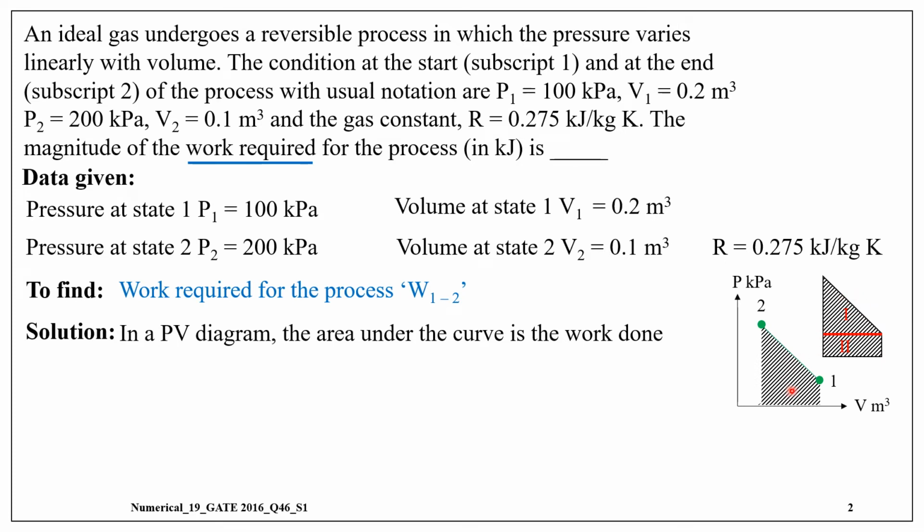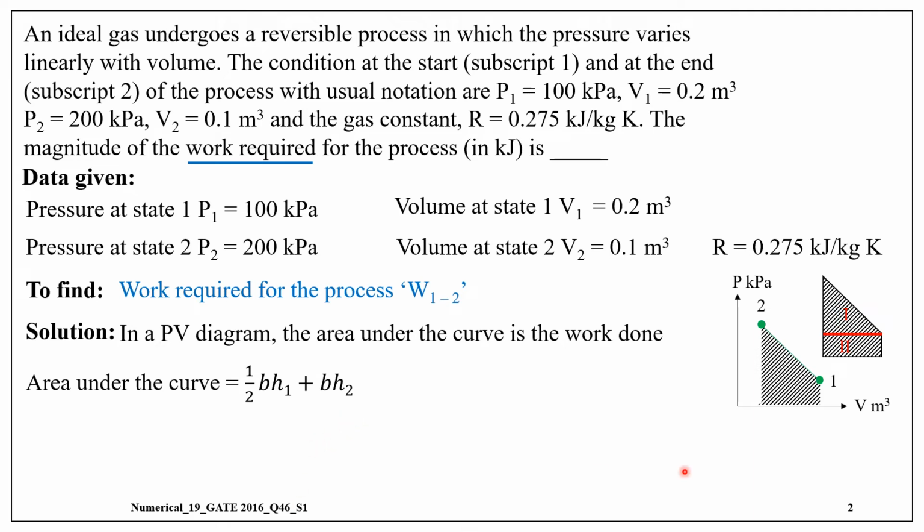Therefore, the area under the curve is equal to the sum of the area of the triangle and the area of the rectangle, which is written as ½BH1 plus BH2. So ½BH1 is the area of the triangle, that is region 1. BH2 is the area of the rectangle, that is region 2. What is this B, H1 and H2? To define these in the PV diagram,